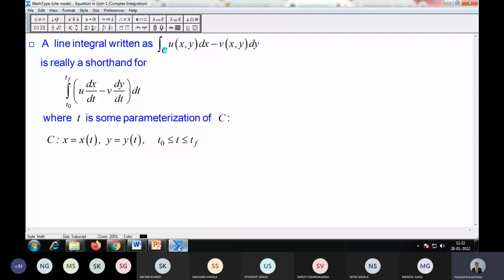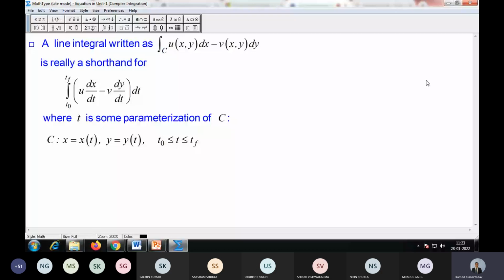So if we look at this integration, it is in terms of x as well as y. This is a function of x and y, but we need to integrate with respect to x, and it is a function of x and y, but we need to integrate with respect to y. So it is an integration of multiple variables. You already know one way to integrate it, but we are not going to use that one. We are going to use the parametric concept. With the parametric concept of this curve C, we may get the values of x and y in terms of another parameter t.